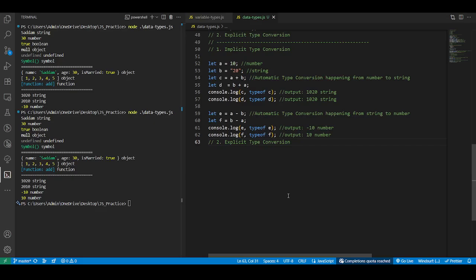Now let us see the example of explicit type conversion. So far we have seen what implicit type conversion is and how it works, and right now we are going to see what explicit type conversion is and how it works. For this, I'll be taking the same example. We have seen that when we are using the plus operation and passing one data type as string and another as numeric, whether the first data is numeric or the first is a string and the other is the opposite,